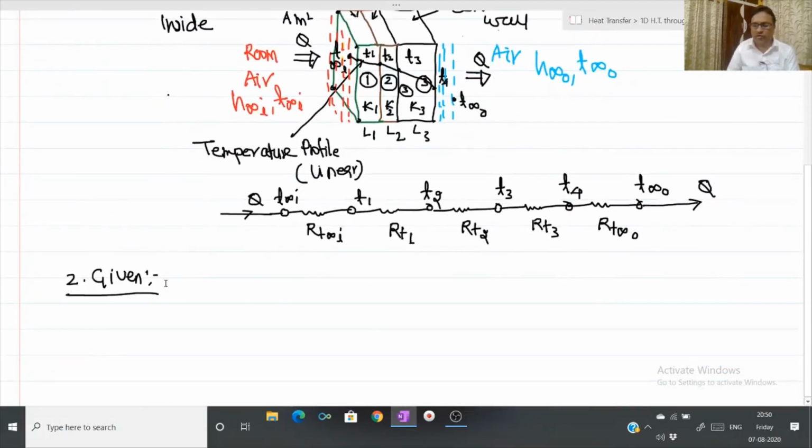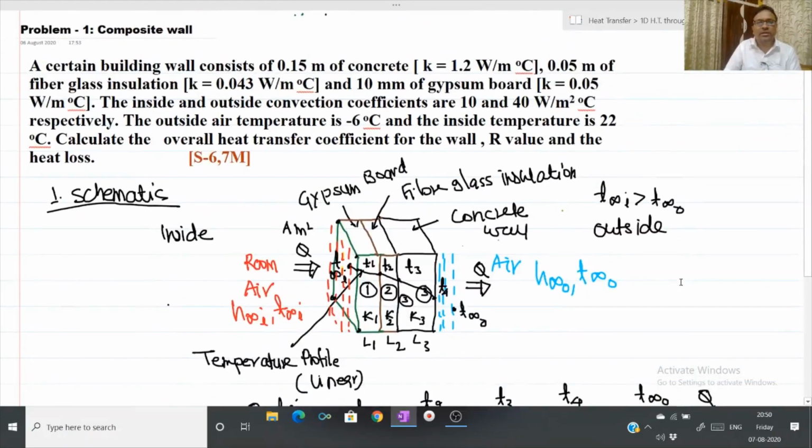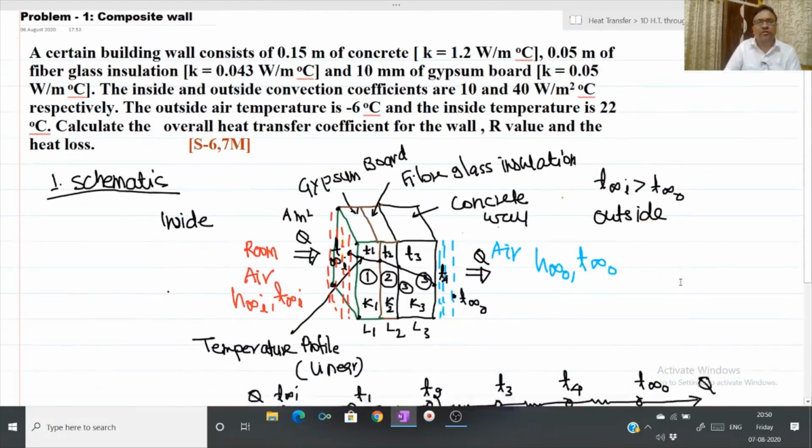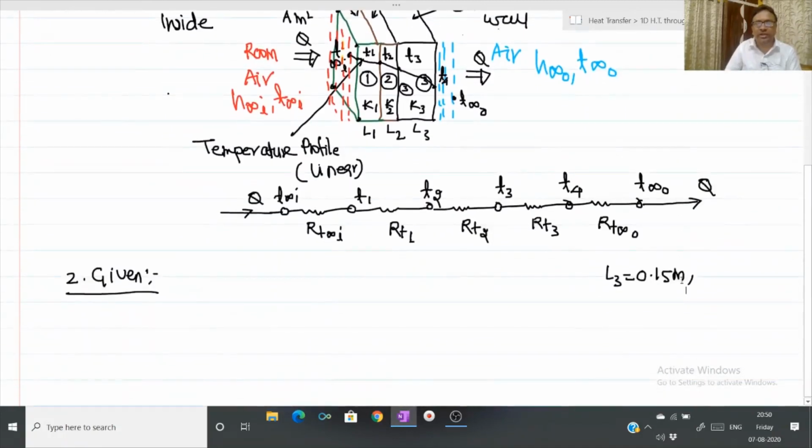So value of L3 is given, 0.15 meter. Its thermal conductivity is 1.2 watt per meter degree Celsius. Then value of L2 is given as